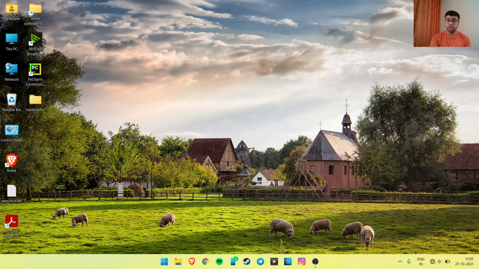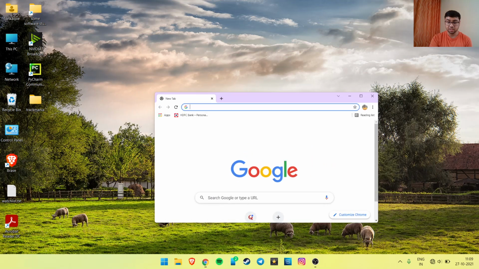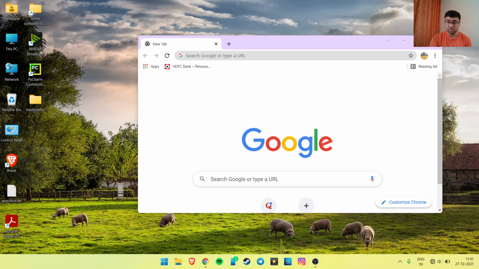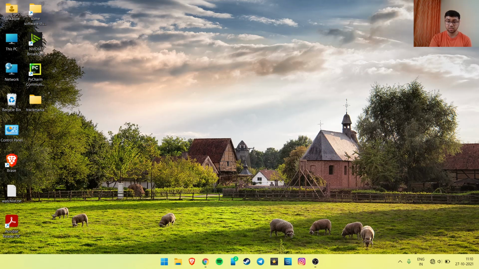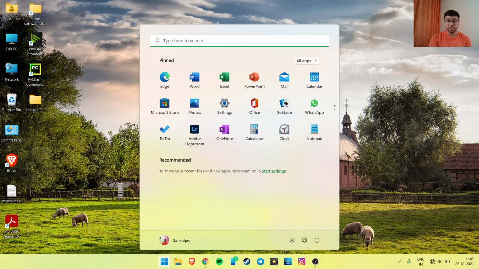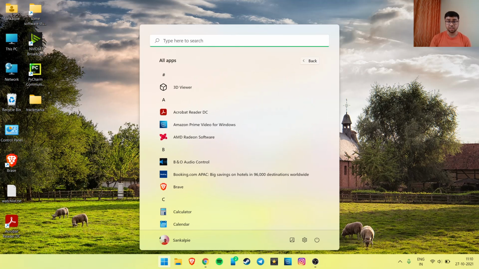Microsoft also added some cool animations. So let's watch them. Now look carefully at the Google Chrome icon. When I minimize it, it bounces. The start menu is also refreshed and it looks something like this. You might see some recommended stuff here, but I got rid of it, of course, in the start settings. And I used to use the start menu full screen on my desktop in Windows 10. I think that feature is not available yet.